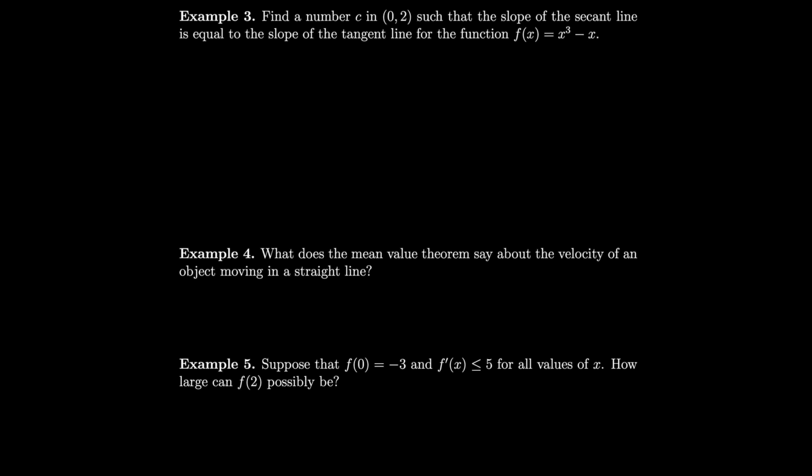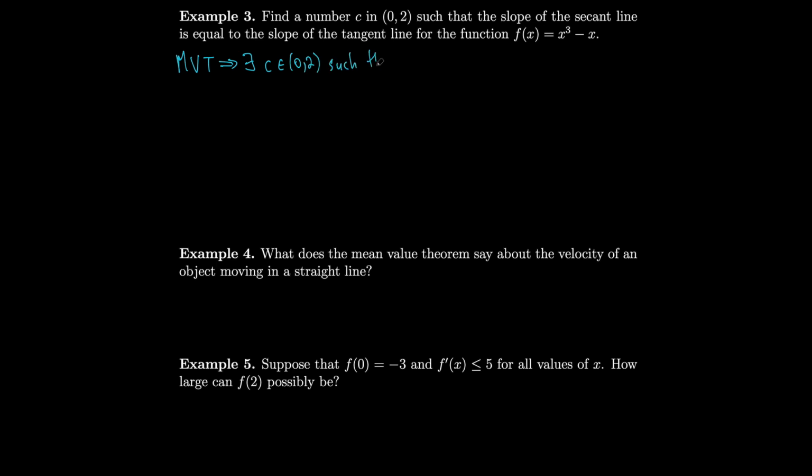Let's find a number c in the interval 0, 2, such that the slope of the secant line is equal to the slope of the tangent line for the function f of x equals x cubed minus x. Notice x cubed minus x is a polynomial. It's definitely continuous on the closed interval 0, 2, and is definitely differentiable on the open interval 0, 2. So by the mean value theorem, this value of c definitely exists. There exists a c inside the interval from 0 to 2,